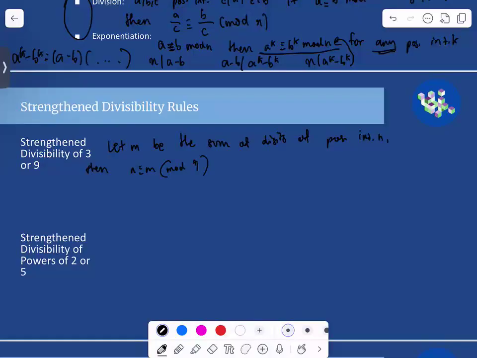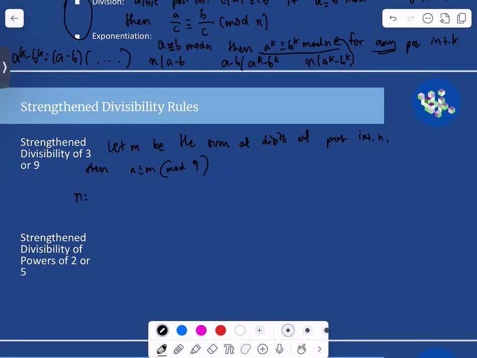Basically what this is saying is that if you have some positive integer N and you take it mod 9, then that's congruent to its remainder mod 9. So if I have some random 4-digit number, I can basically just say that the original number N should be congruent to its remainder modulo 9, because more